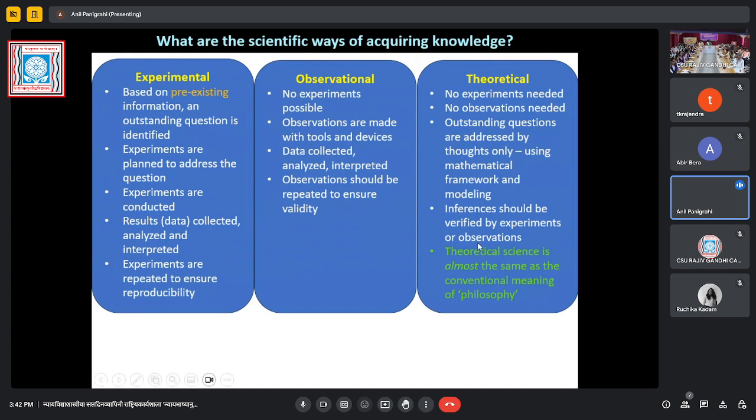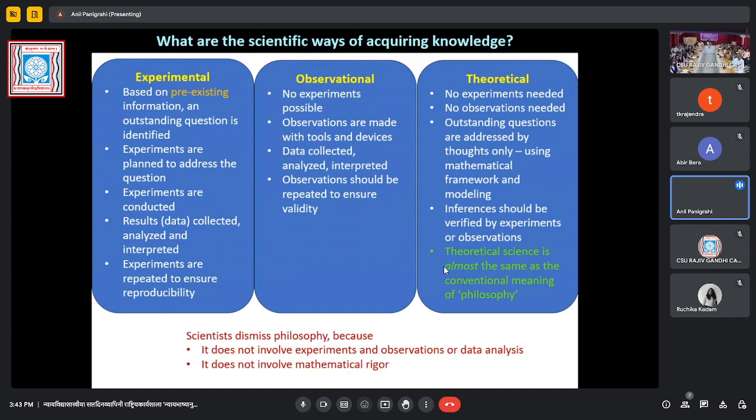And that has been experimentally verified very recently. In 2002, there was a paper in Nature that looked into the time difference called time dilation, even at millimeter scale. So that has to be kept in mind that theoretical inferences need to be verified by experimental or observational